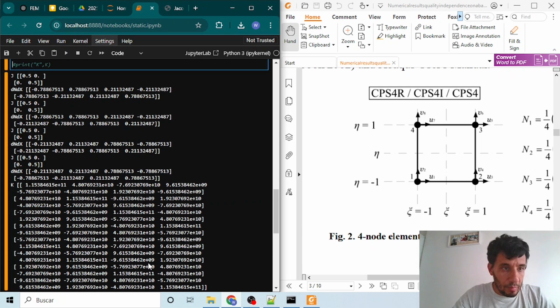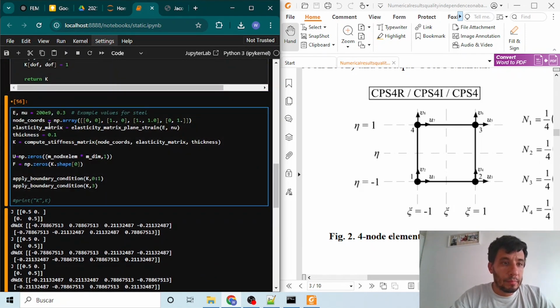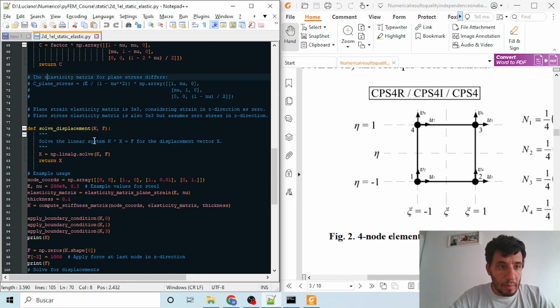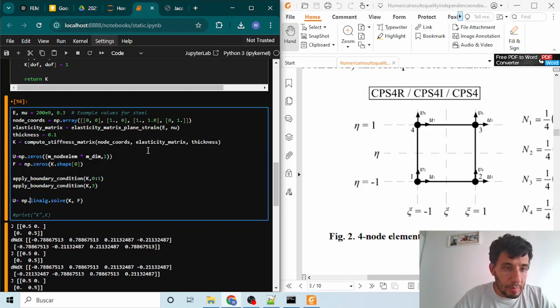And finally, we will solve the system. We can use this function, but I think it's not necessary here, to solve our u displacements.